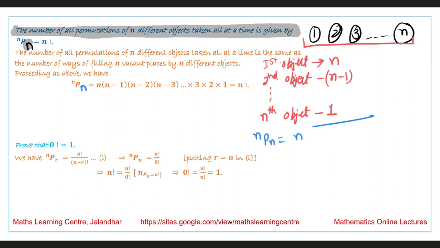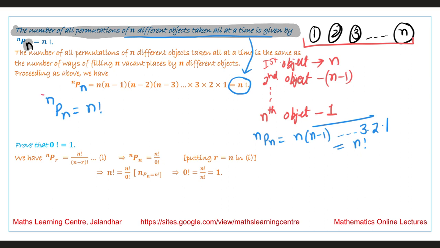that is equal to n into n minus 1, and so on up to 3 into 2 into 1, and that is equal to n factorial. So the number of ways of choosing n different objects all taken at a time is n factorial, and the value of nPn is n factorial. Now we use this nPn equal to n factorial to prove the fact that 0 factorial is equal to